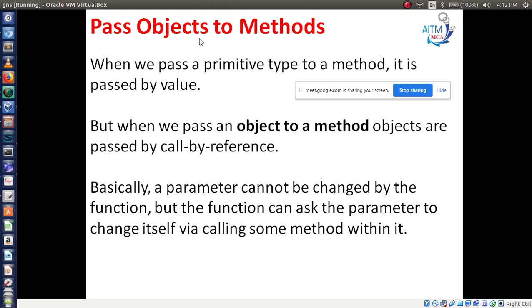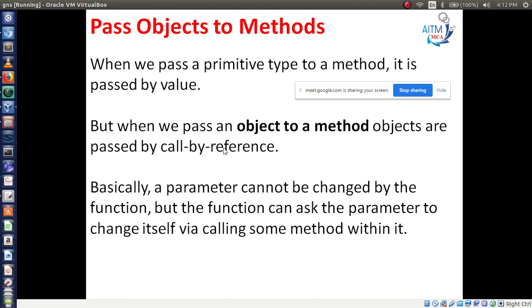When we pass a primitive type to a method, it is passed by value. This concept we will explain in the next slides. But when we pass an object to a method, objects are passed by call by reference. Two ways we can pass: one is call by value, another one is call by reference. So now we pass an object to a method, and this is call by reference.